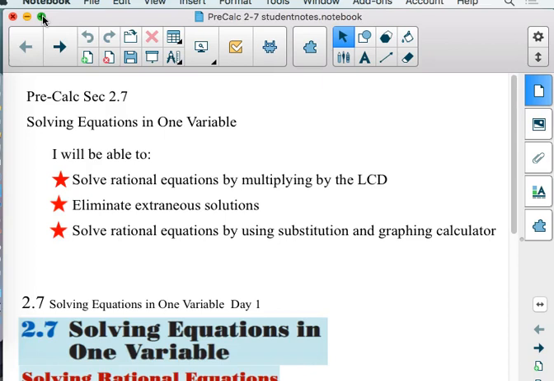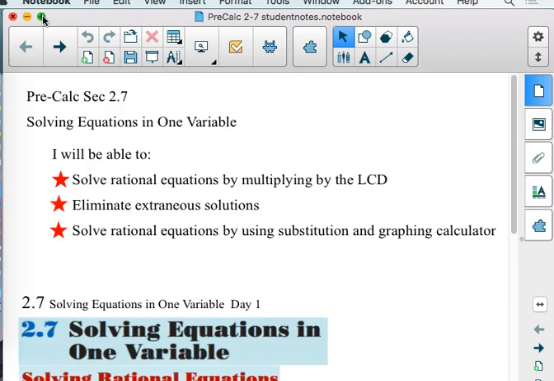We do have to worry about extraneous solutions with these because they're fractions. And when we have fractions, we can't divide by 0. So we're going to get our answers, and then the first thing we're going to check is, is that going to make my denominator 0? Because if it does, it's out of here. But we also should check our regular solutions that are not going to make that denominator 0 to make sure